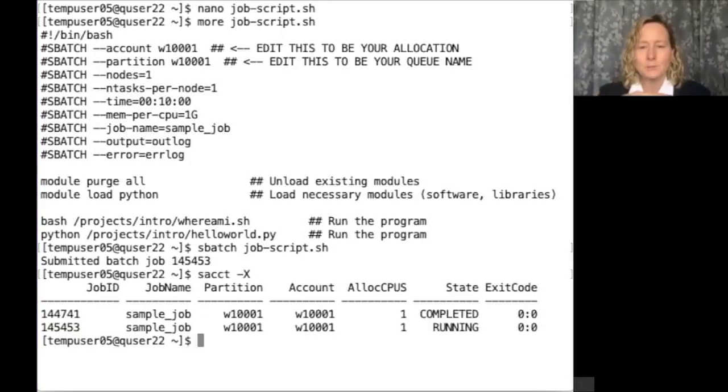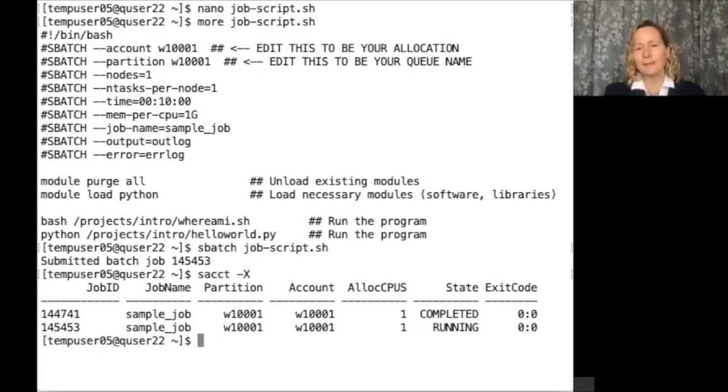When I did the sbatch part, I got a job ID number. That means that the scheduler has accepted the job and will put it on a compute node. That doesn't mean it's going to run correctly, because I might have had a syntax error or something else wrong in my code, but I know it will be placed on a node and what I asked to happen will take place. The next command that I ran was